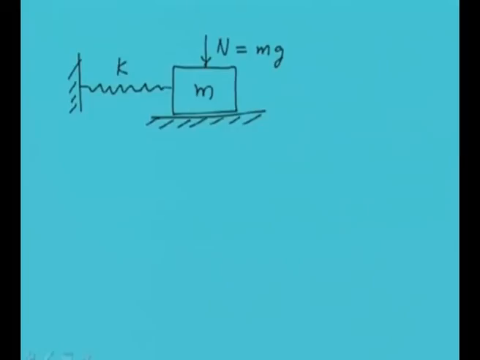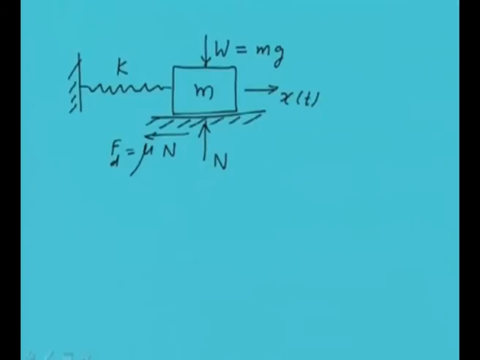On the ground there will be a normal reaction force, opposite to the weight. When this body moves in this direction, the friction force will act opposite to it,